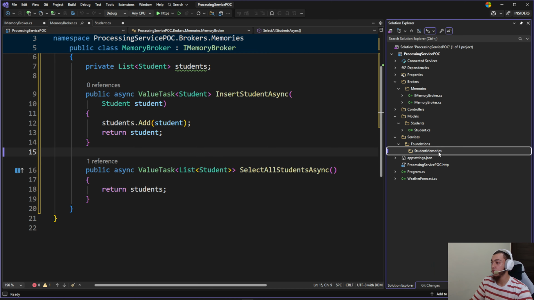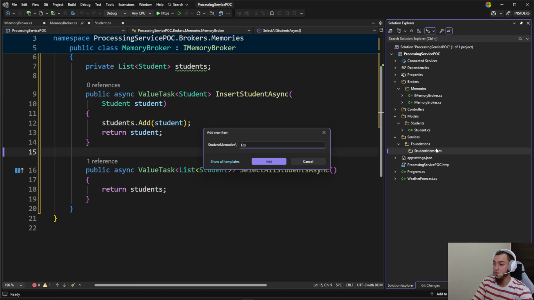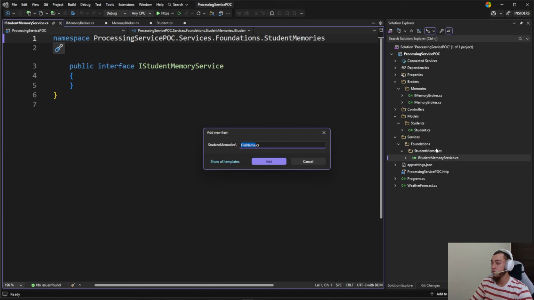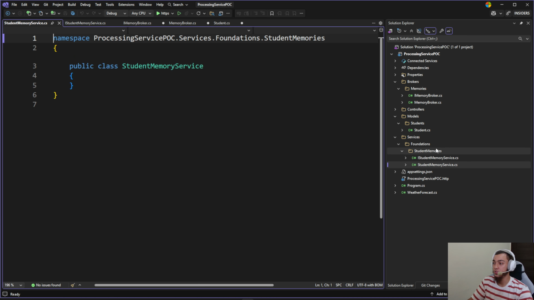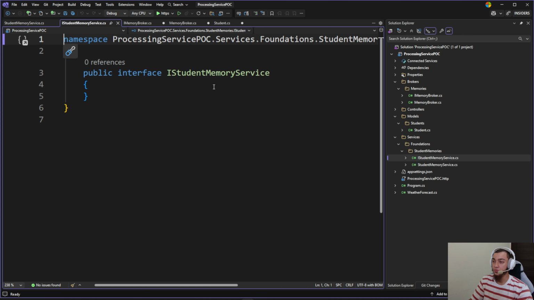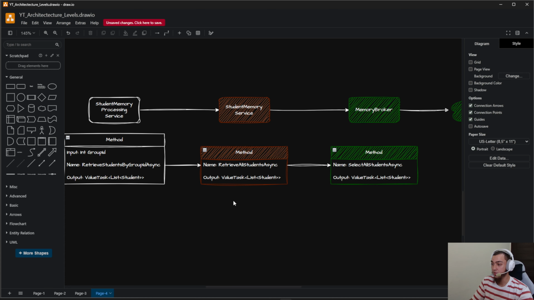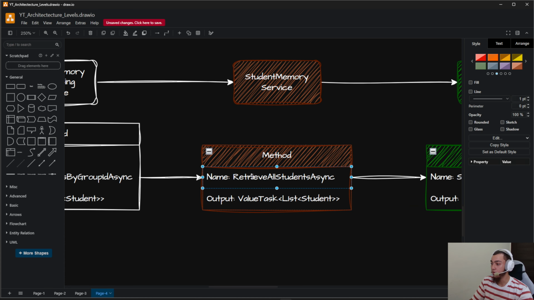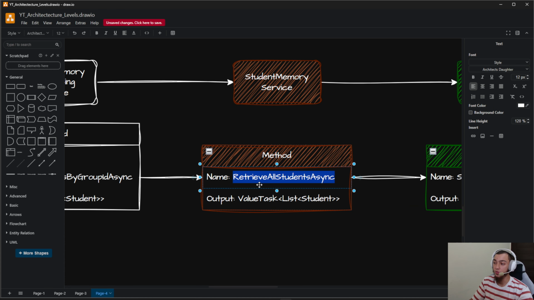Student memories, and here I'm gonna create the interface, student memory service. So this interface will have a method named retrieve all students with the same output. So it's basically value task,